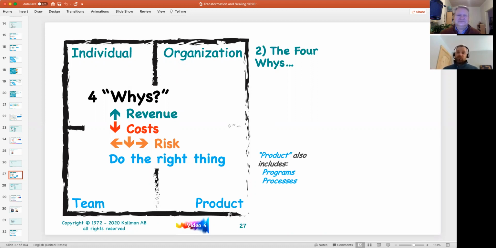In a world with finite resources and finite time and infinite pressure, we have to be able to connect back to one of these points to say we simply need to do this because it's going to create that market share opportunity that didn't exist before. And if we don't do it, we miss out on revenue. Or it could simply be, we have too much redundancy inside of our decision-making processes that are taking place. We need to get rid of some of these things and drive those costs down.